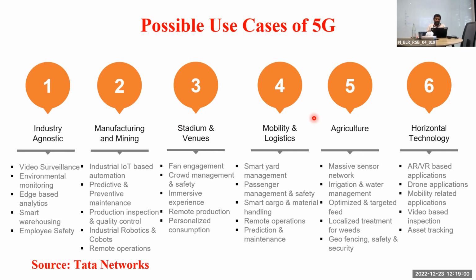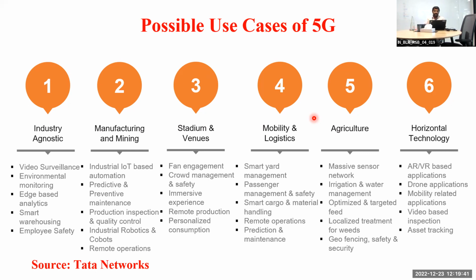Okay, then you have manufacturing and mining. This is another good application where there will not be any communication with those persons, for example, they may be underground, 5 kilometers down the earth. So they cannot hear whatever you are saying, and they will not have coverage also. At that point of time, this industrial IoT kind of thing can be there. And also for mining, you can fly a drone to a certain place and predict wherever mining is available. That is possible, okay? Earlier they used to use small aircraft to scan and see wherever the mining is.